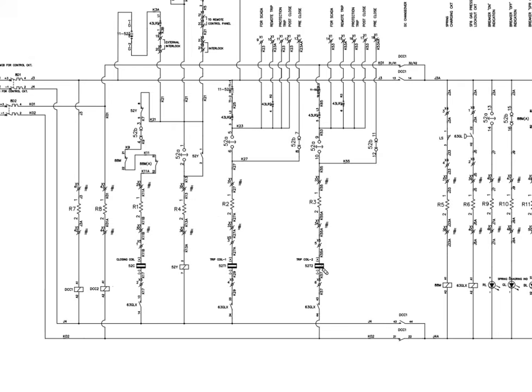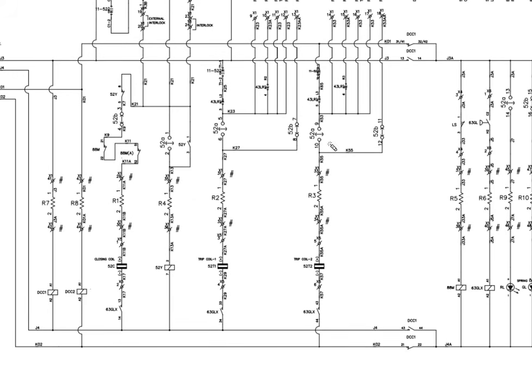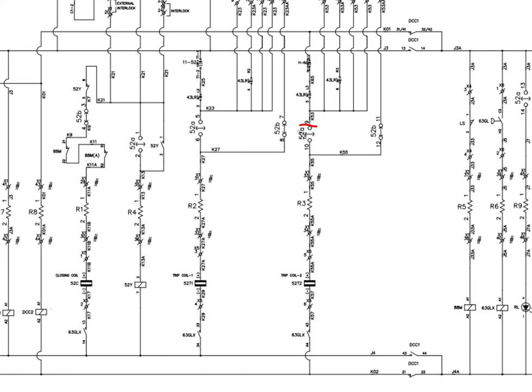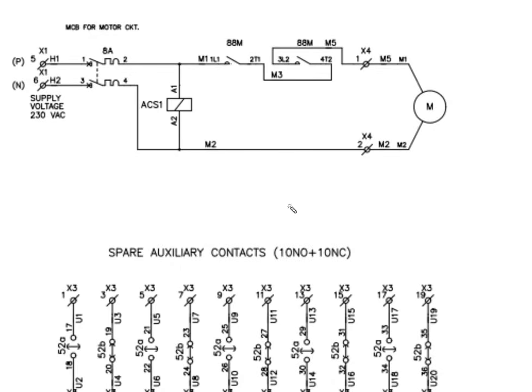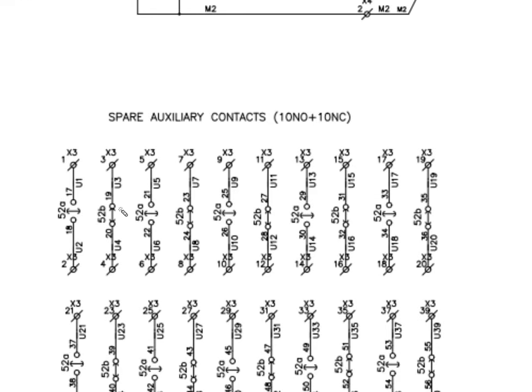Okay, you can see here this status is they have used the auxiliary contact in the tripping and the closing circuit. They use the auxiliary contact in the tripping circuit. So the breaker is in the off position. When the breaker is in the off position, 52B contacts are closed. So these contacts we can use for breaker